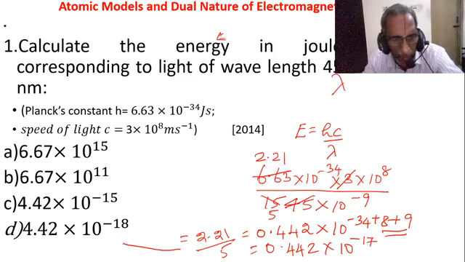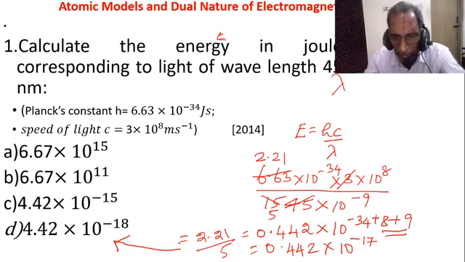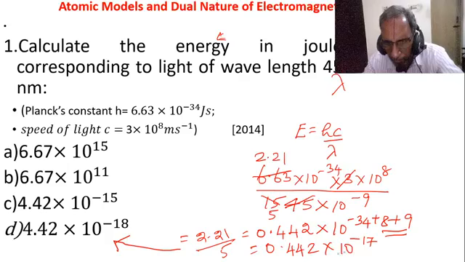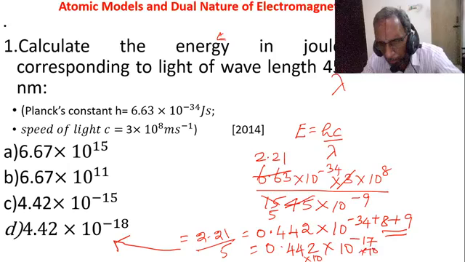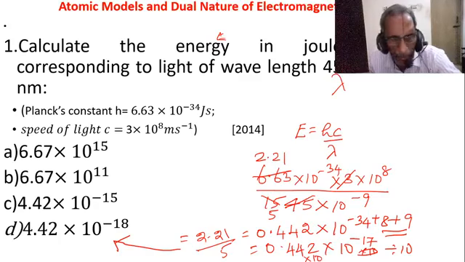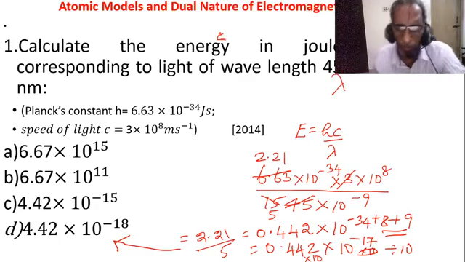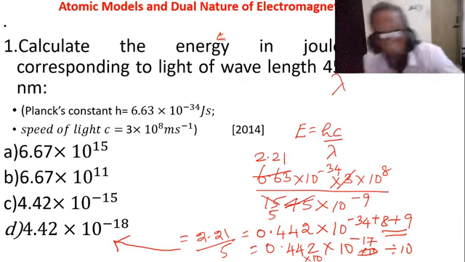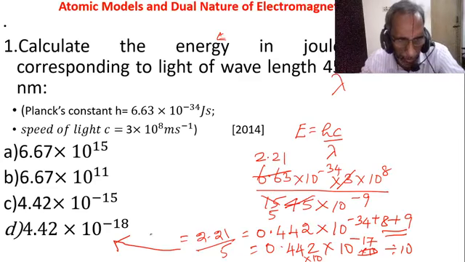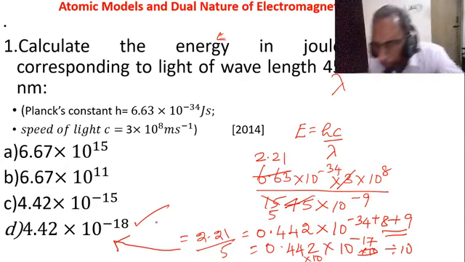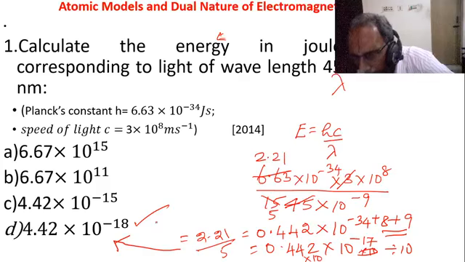If it is written as scientific notation, you multiply by 10 in the first digit and divide by 10 in the second. You multiply the first portion, it will become 4.42. Division means it becomes 10 power minus 18. So 4.42 into 10 power minus 18. 2 of you have given correct choices, Diban and Harshit. Good.